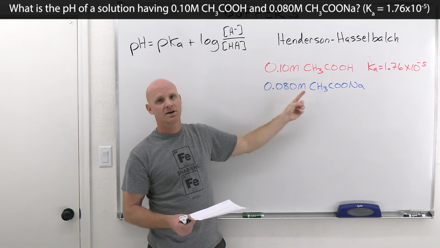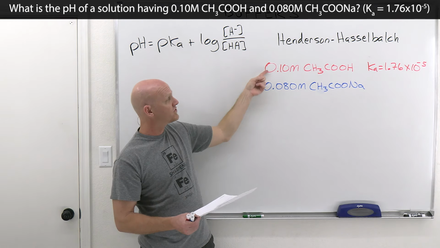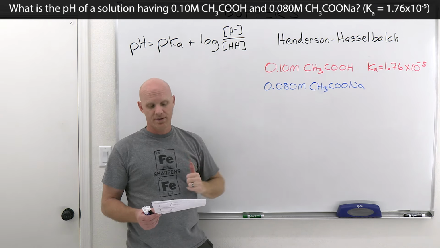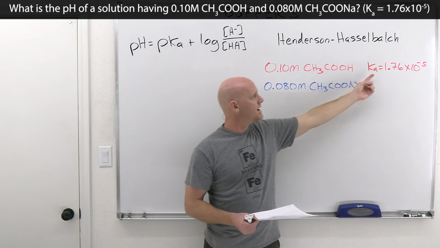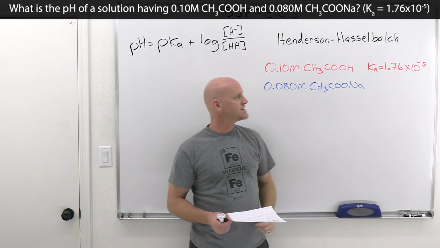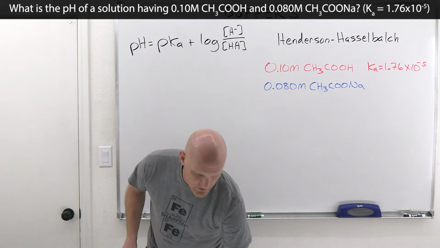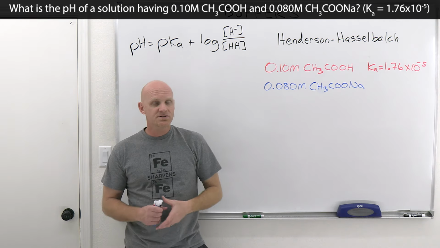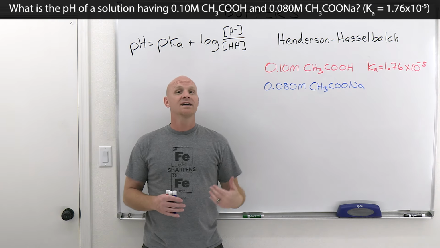So weak acid, conjugate base, close to 1-to-1, not exactly, but that's definitely a buffer. And then the Ka of the weak acid is provided, 1.76 times 10 to the negative 5. So if you were asked to calculate the pH of this solution, first thing you'd want to recognize is that